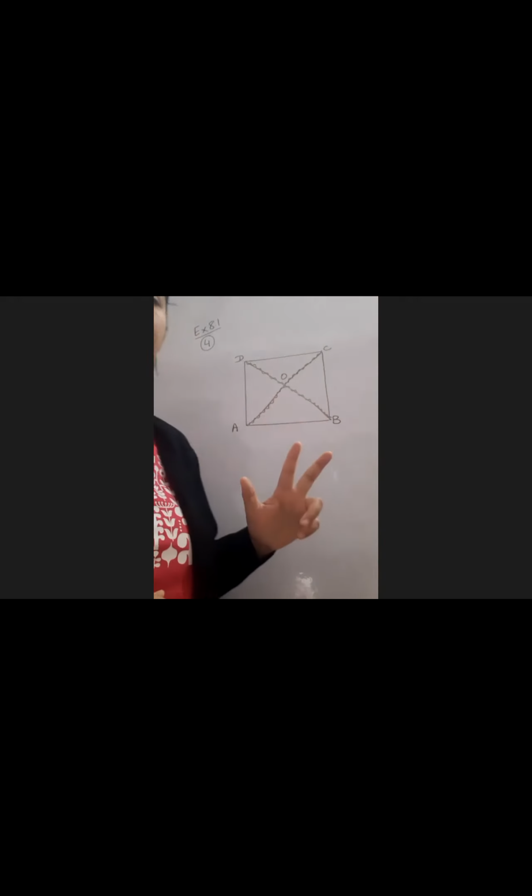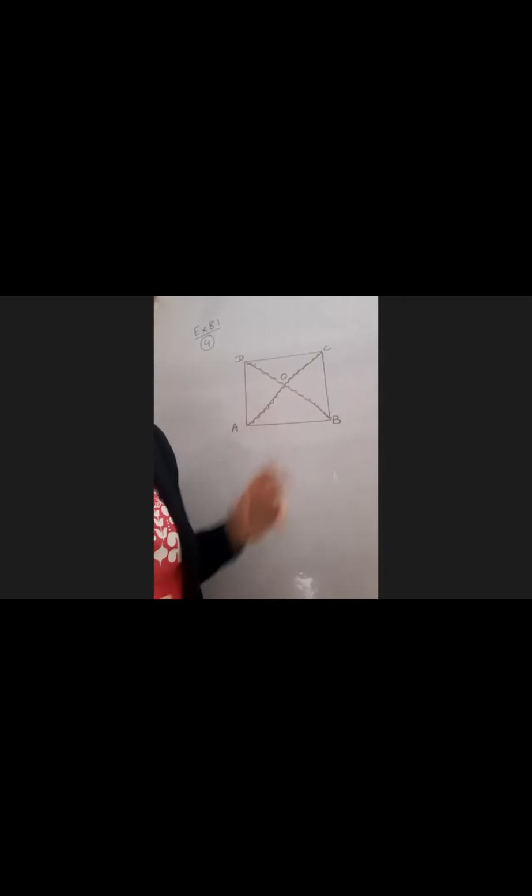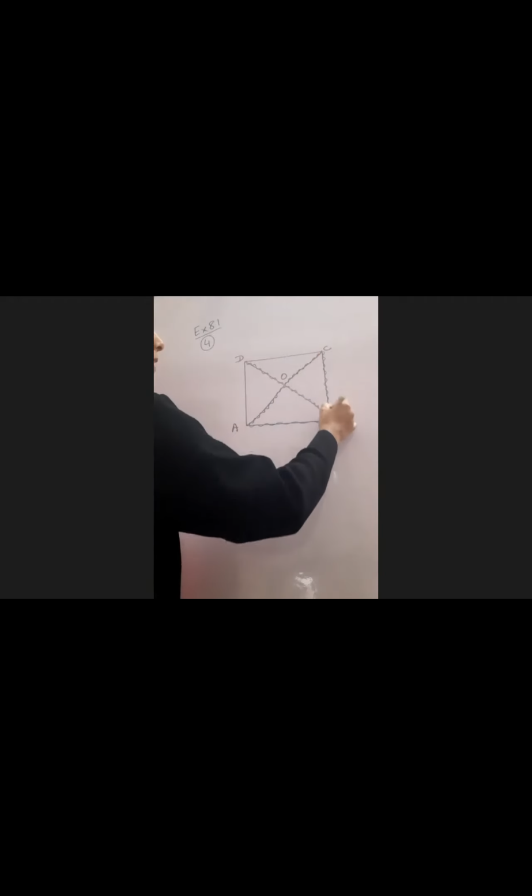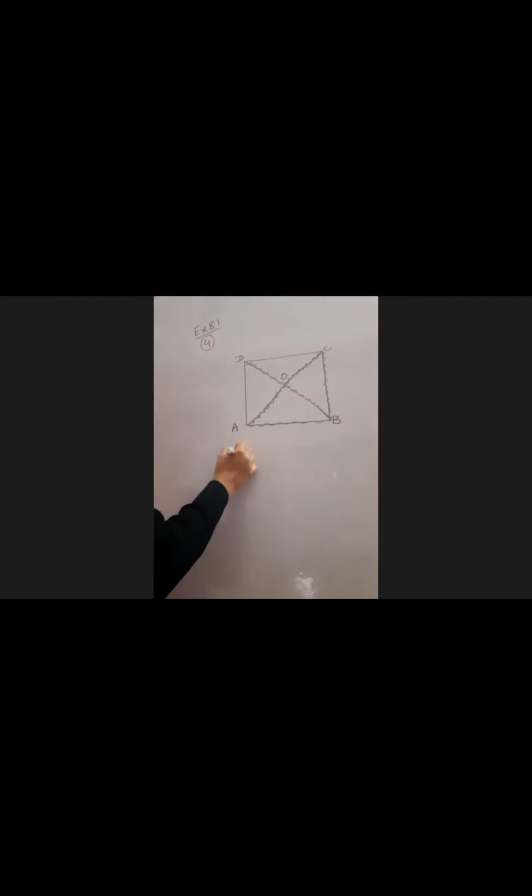So children, trace out any two triangles. Figure out any two triangles of which AC and BD are part of. Which two triangles can we take? AOB and COD? No beta, I want complete AC. So one triangle will be this triangle ACB, and another triangle ADB.